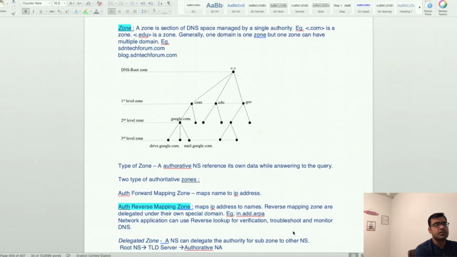So what is a zone? We talked about zone in an earlier slide, right? A zone is a section of DNS space managed by a single authority. A .com, a .edu, a .net, these are all examples of zones. Generally one domain is one zone, but one zone can have multiple domains. As you can see in this picture, I'll give an example of my own domain, which is SDN Tech Forum. You can see that I have sdntechforum.com, which is one domain, but under that I can have level 2 zones also, which is